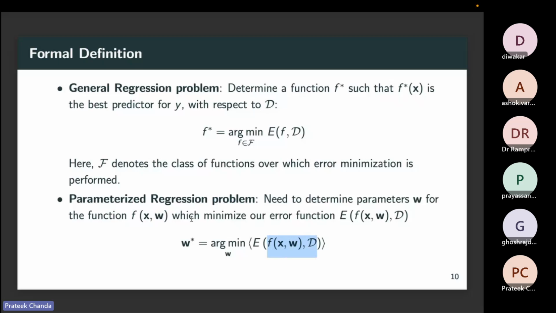For one particular w, f can be y equal to x, or for another w, f can be y equal to 4x plus something. So w is like a knob you change, and you minimize the error function with respect to w, and you find the final optimal w that minimizes it across the space of all